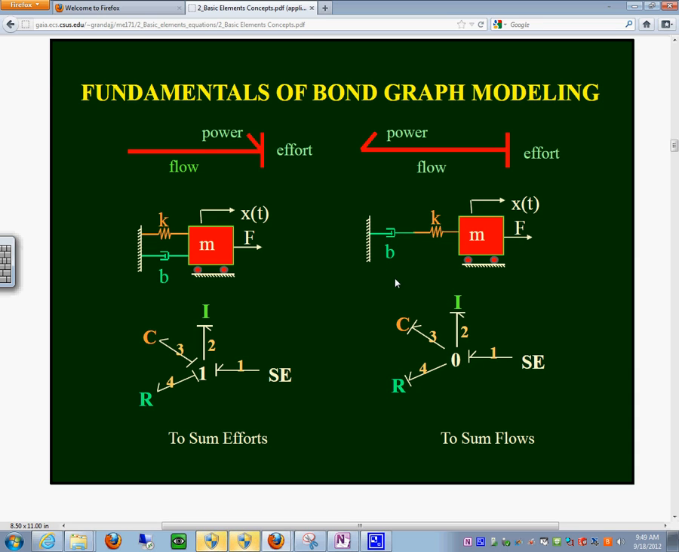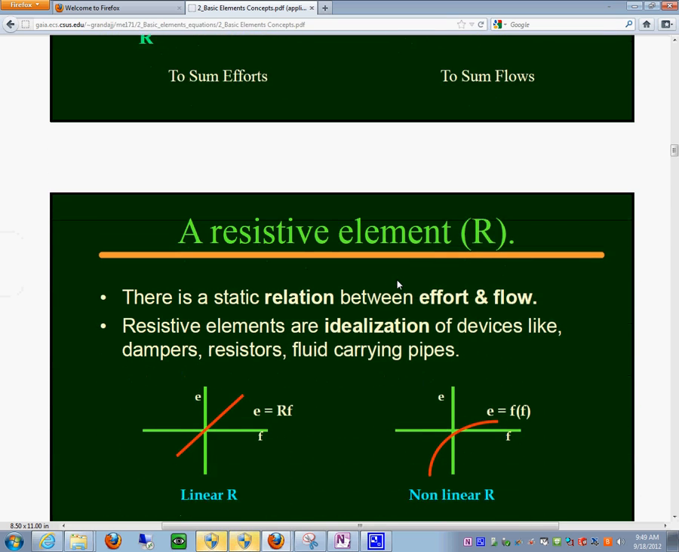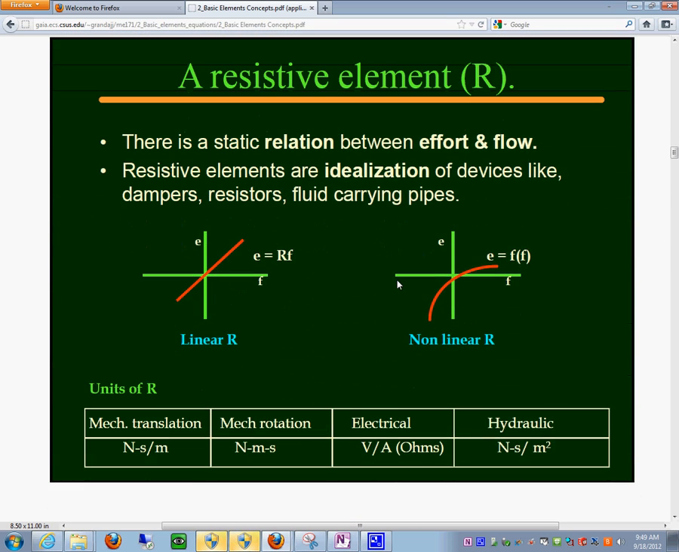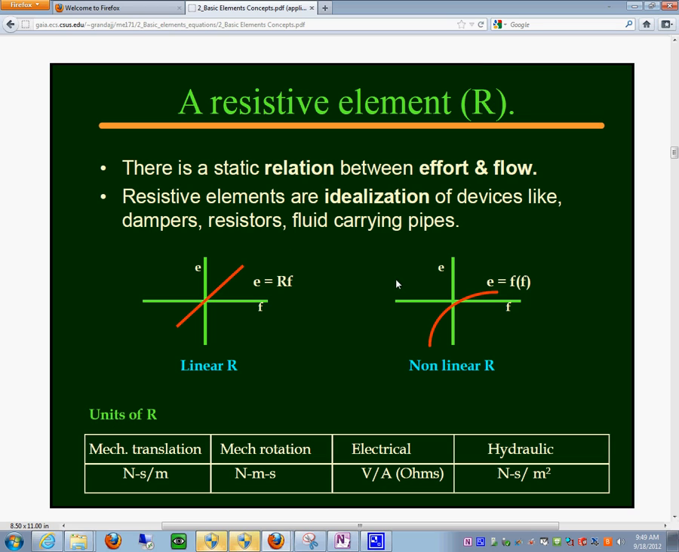Okay, we're going to go and look at each one of the resistive elements in here, and then we'll go to the R element, the C element, and the other ones, just so that we don't lose track. So well, let's just put a little break in the